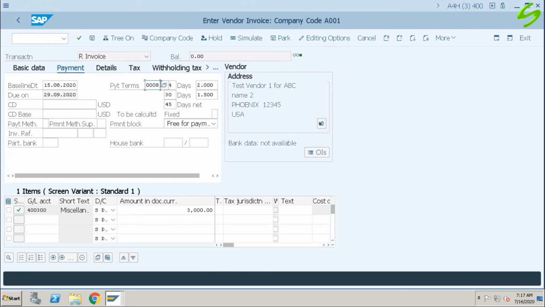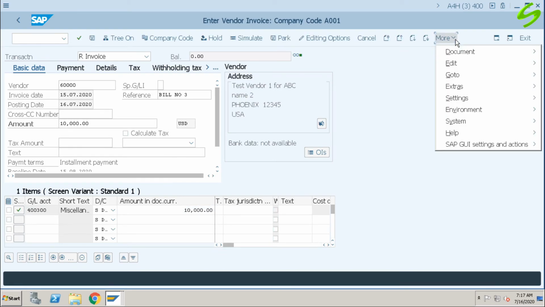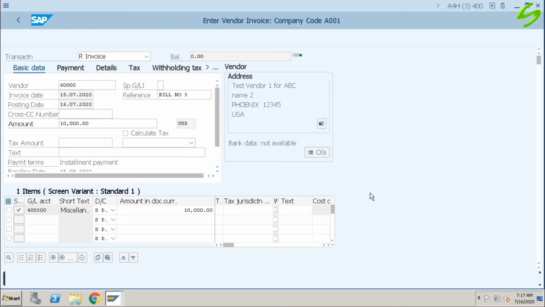Let us select the invoice payment term 0009. Let's change the amount to 10,000. Go to document and simulate.